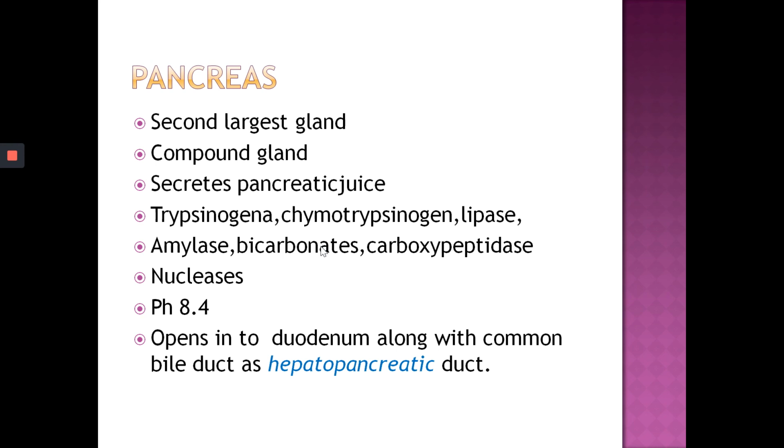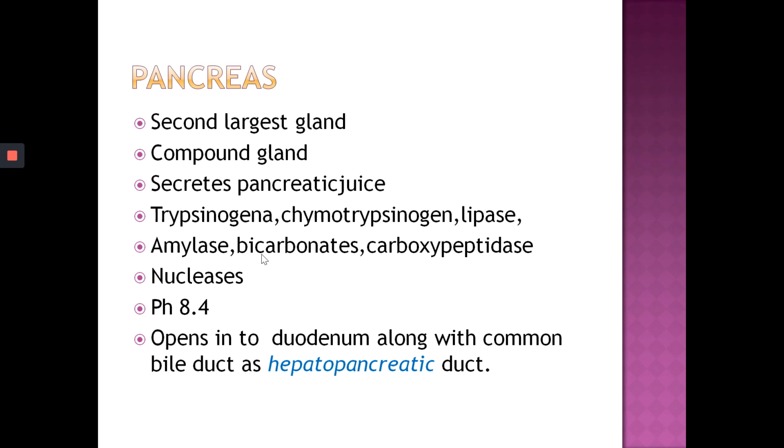In the stomach, the food is mixed with gastric juice, so if any amount of HCl or acid enters the duodenum, the first part of the small intestine, it is neutralized by the bicarbonates present in the pancreatic juice. So with this we complete the